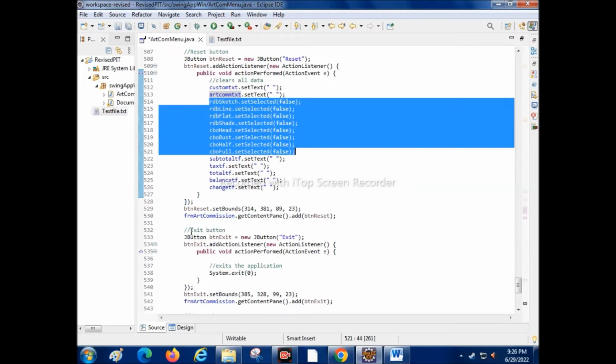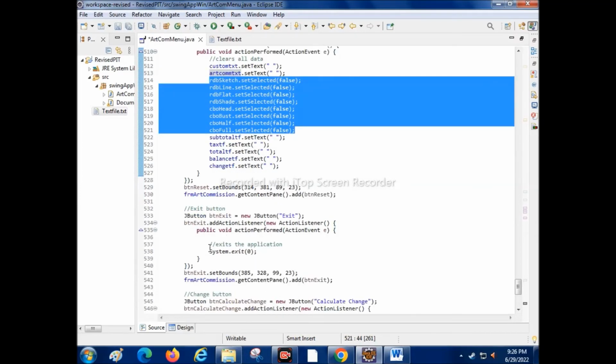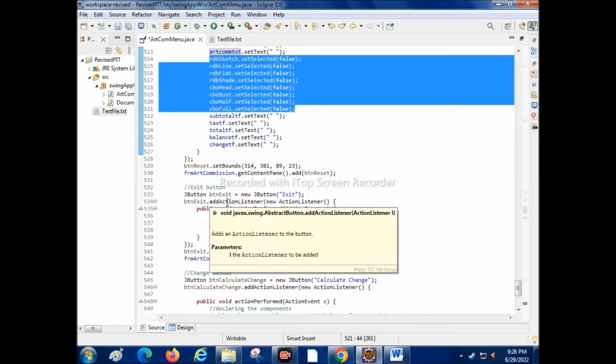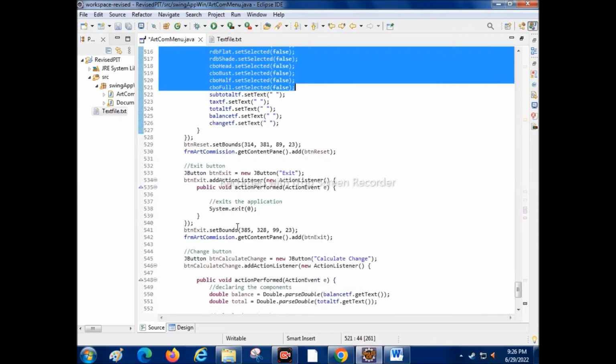And also I have here the exit button, which is the variable btnExit, which is used to close the entire program. So I also include the action there, btnExit.addActionListener(), then the action will be System.exit(0);